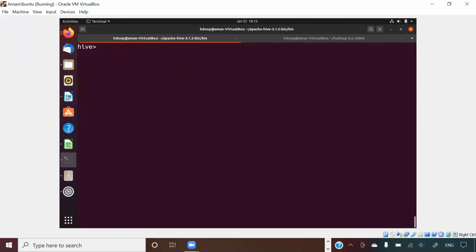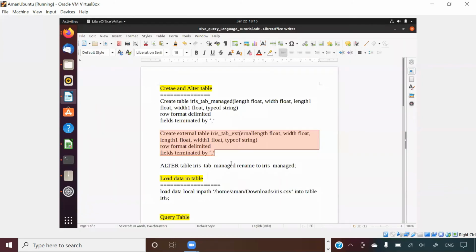Now let me load the same data in both these tables. Okay, so how do I load data in Hive, guys? You just have to say load data local inpath. Okay, this is an alter command, guys. You can alter the table name, table columns, all these things using the alter command. Okay, just an example of alter. Now let me load the data, and the data which I will load is, just see the syntax here once.